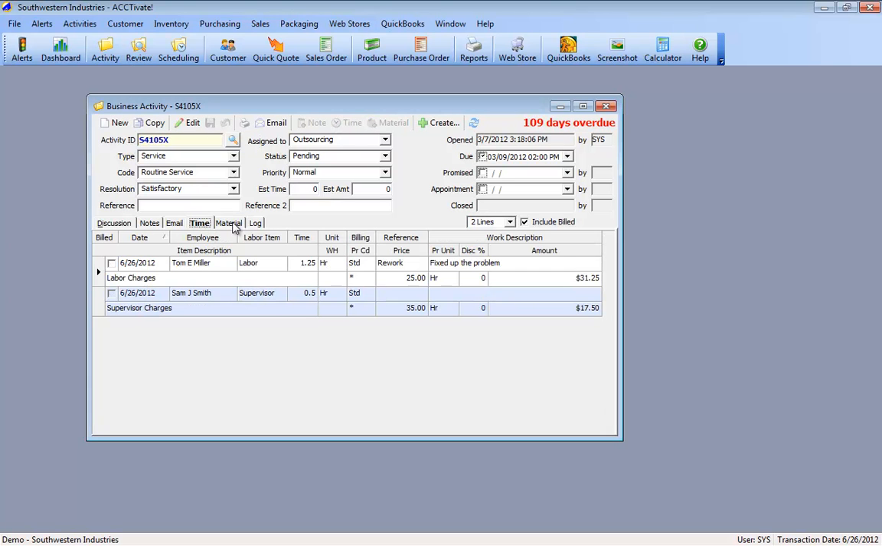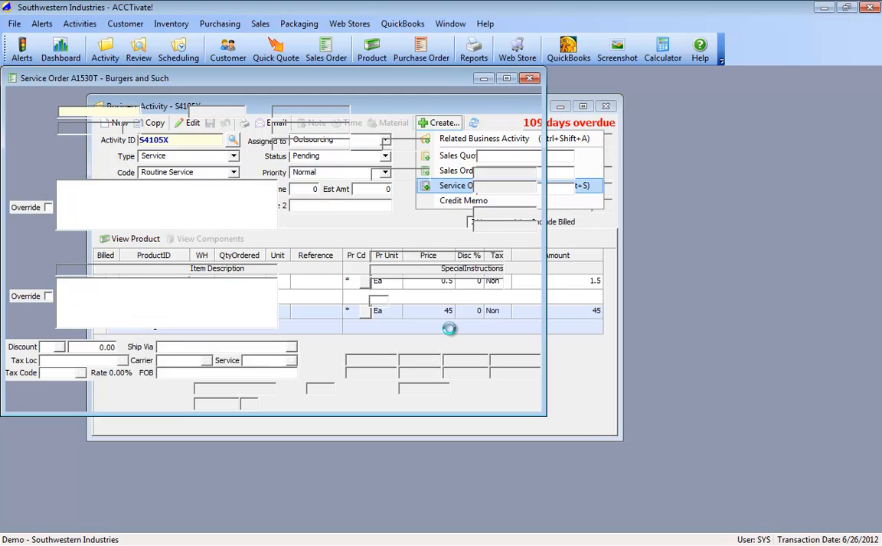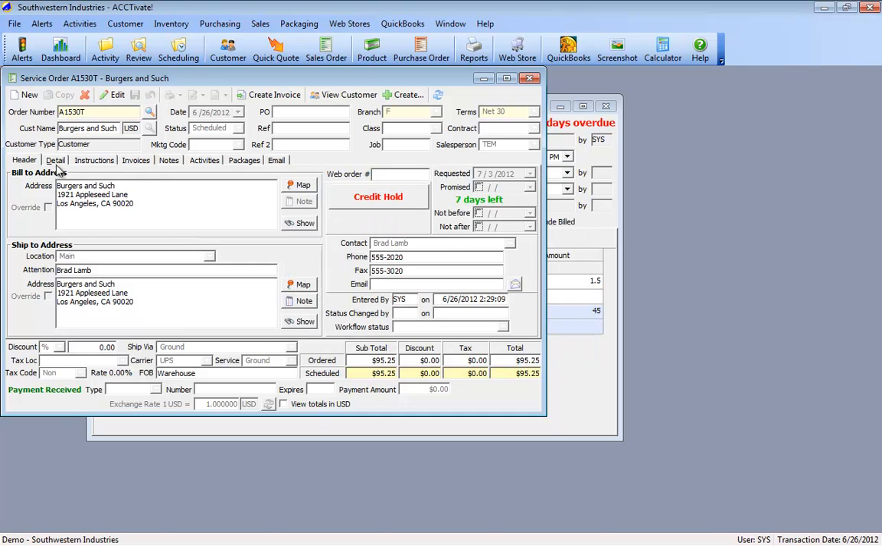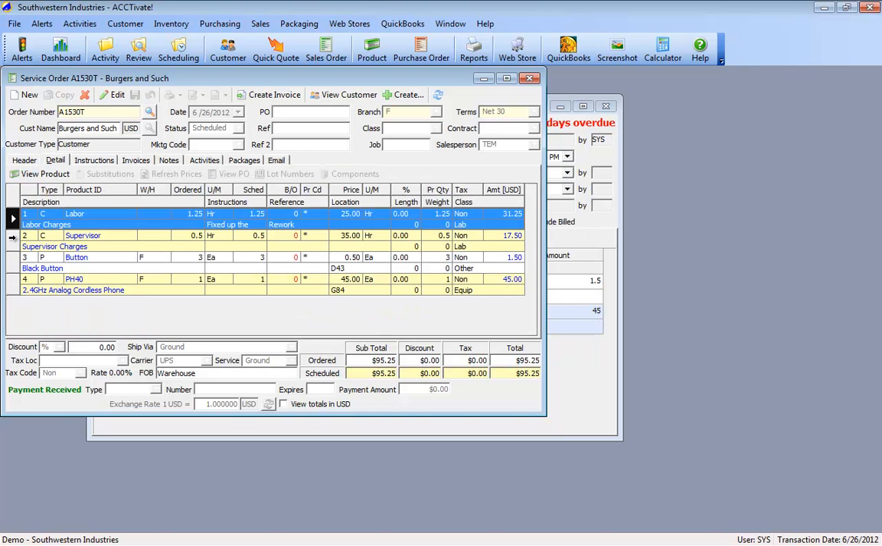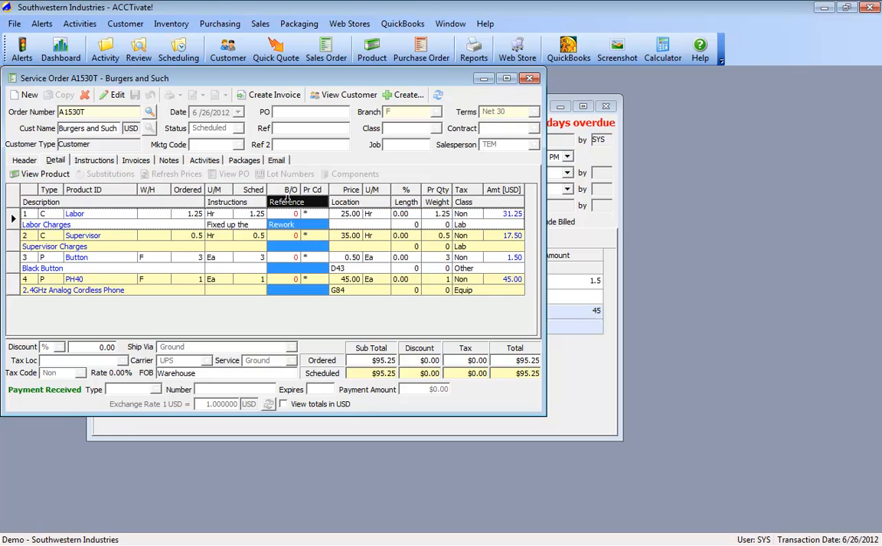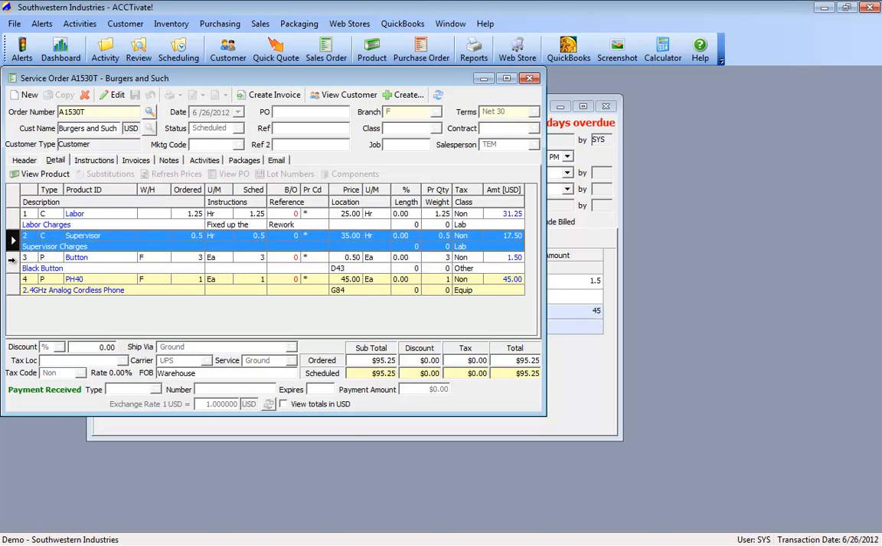So from this point, I want to create not a sales order, not a sales quote, which we can still do, but in this case, I actually want to build this. So I'm going to choose service order, and that will automatically create a service order for the customer, and it will have the labor items first, and the rates, and any notes and instructions and reference codes, and then it'll also have the parts, the P lines. So we have the charges and the parts,